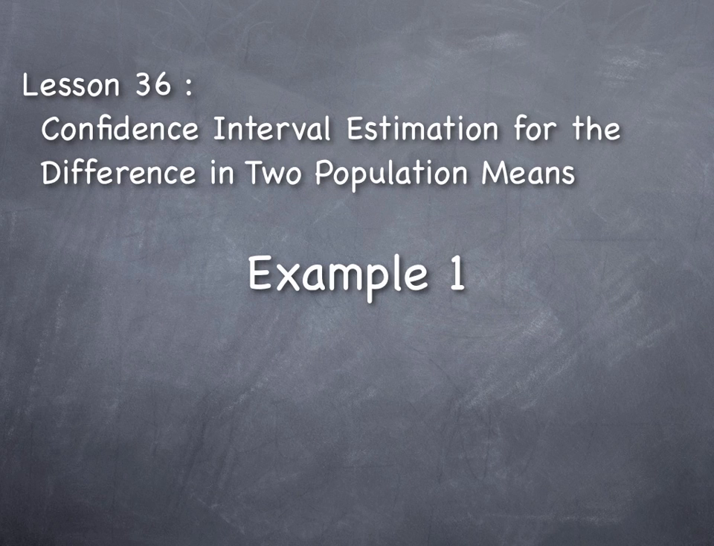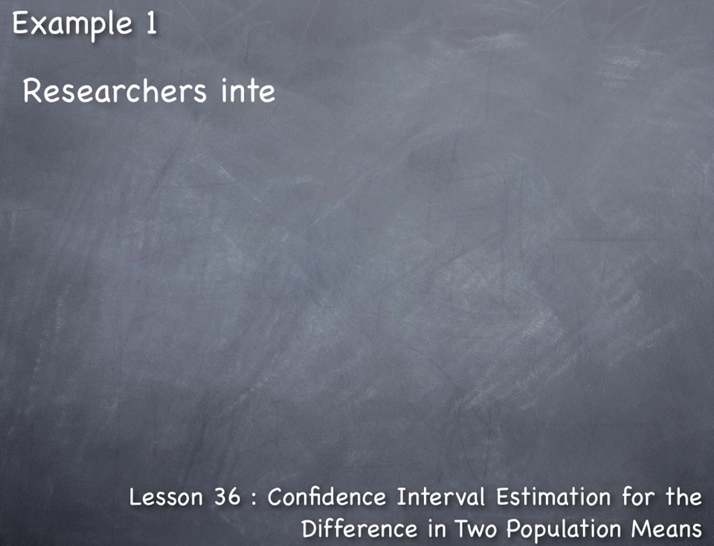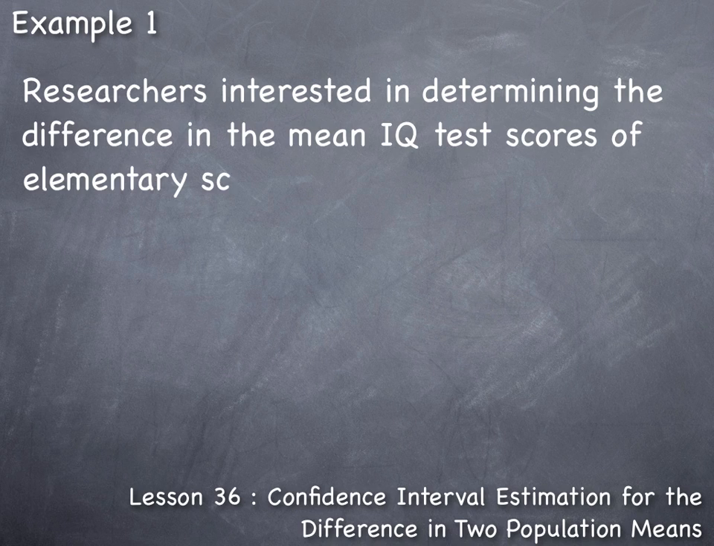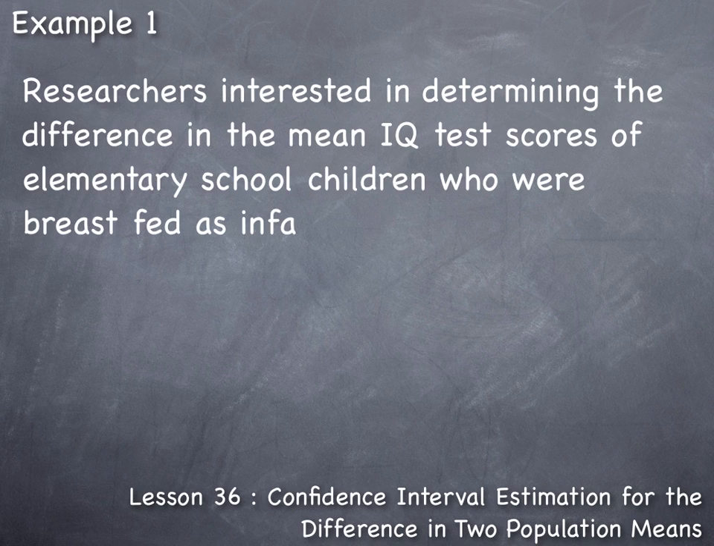Lesson 36, Confidence Interval Estimation for the difference in two population means. Example 1. Researchers interested in determining the difference in the mean IQ test scores of elementary school children who were breastfed as